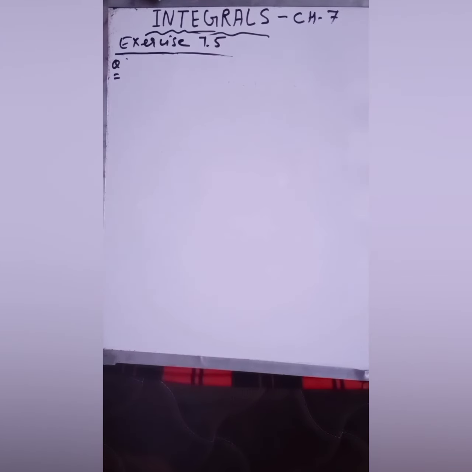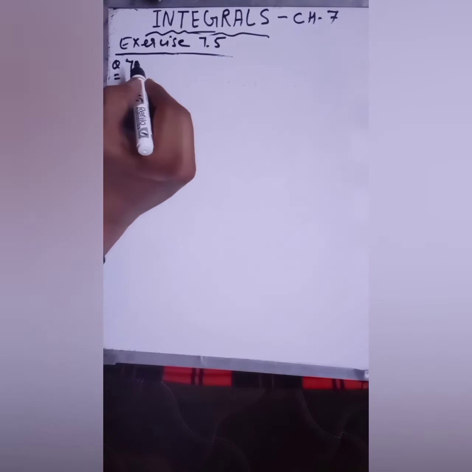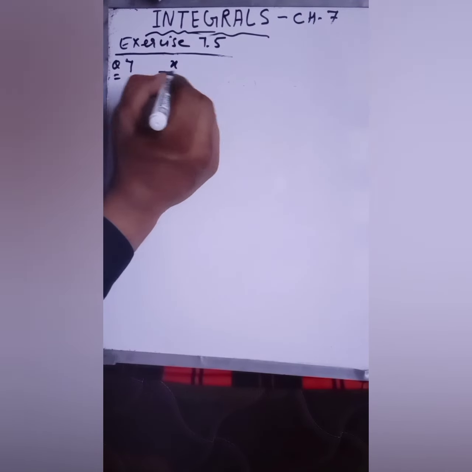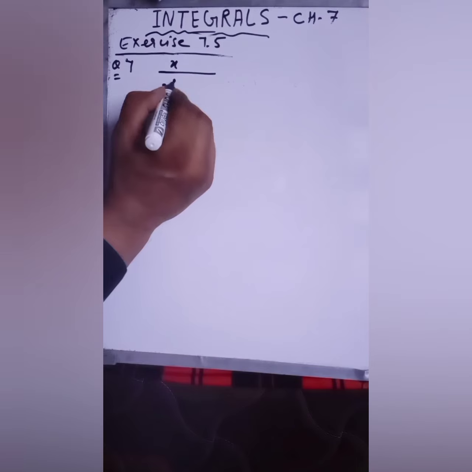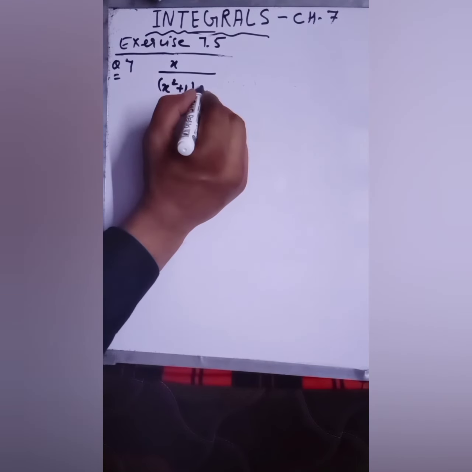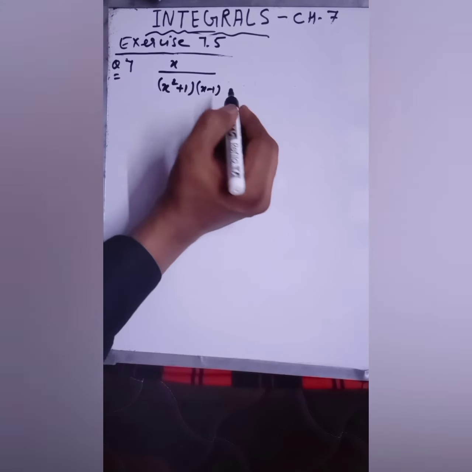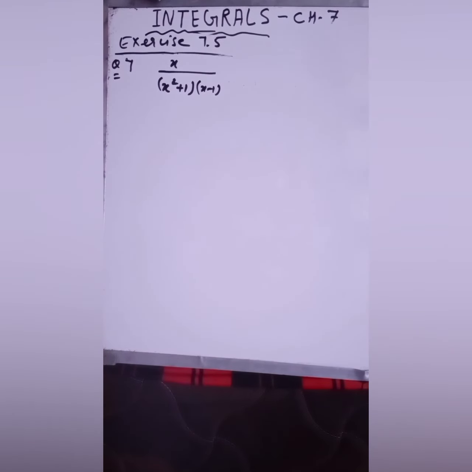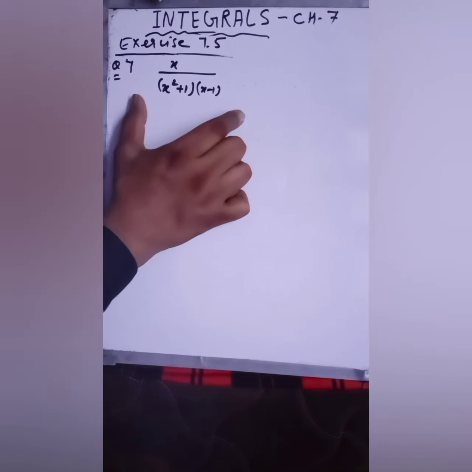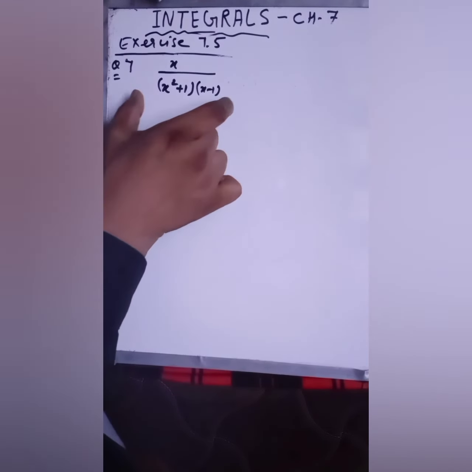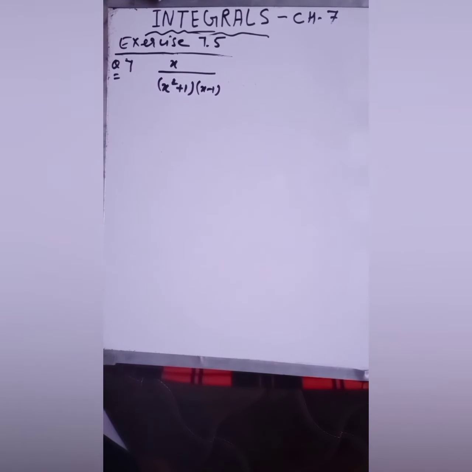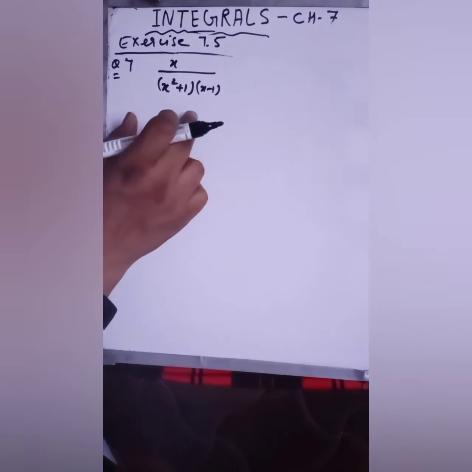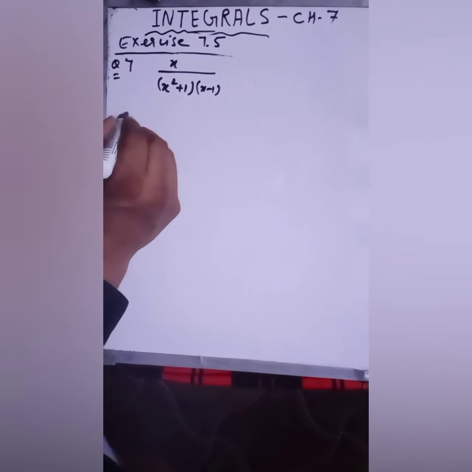Right now I am solving question number 7. See here, x over (x square plus 1) over (x minus 1). This is given to us and we have to find the integral of this fraction. This is another type of formula. In this question you have to use your formula number 5, which was...